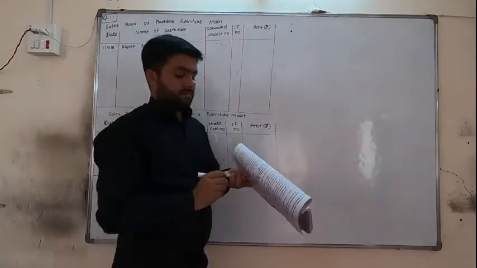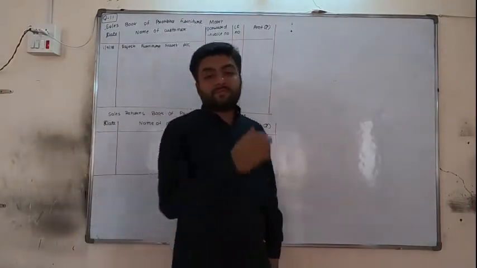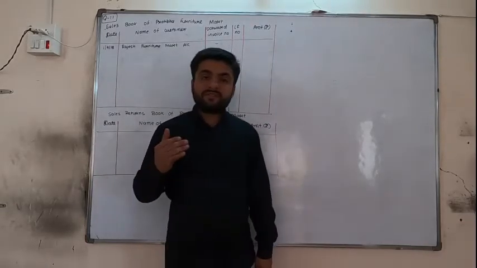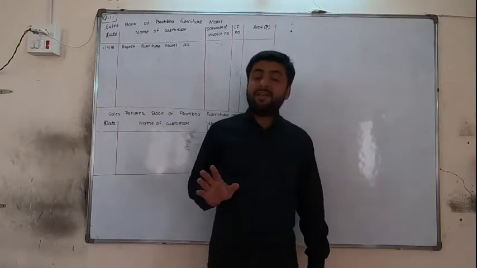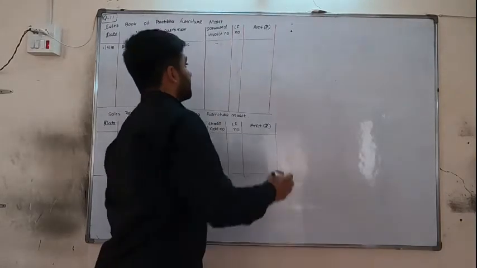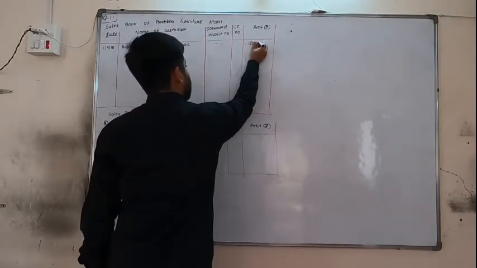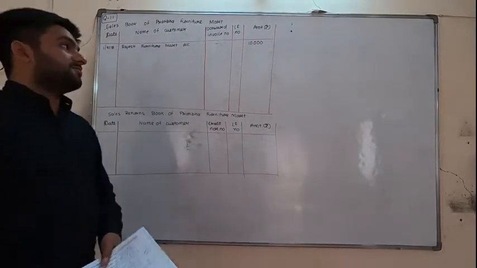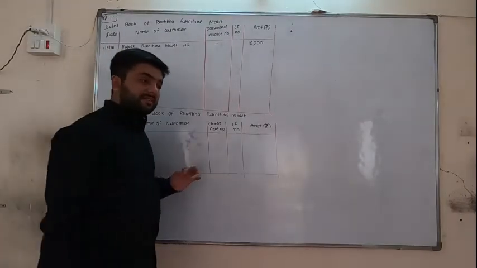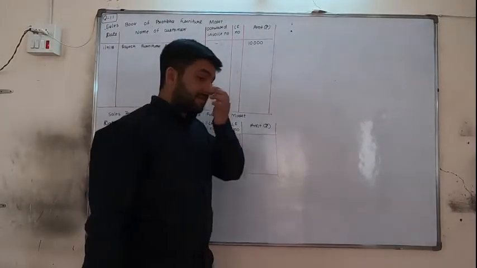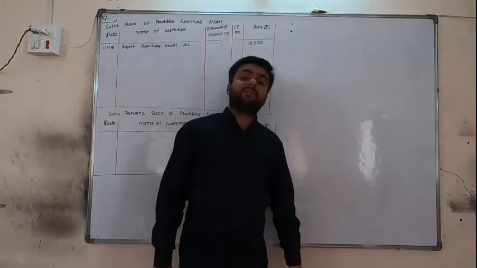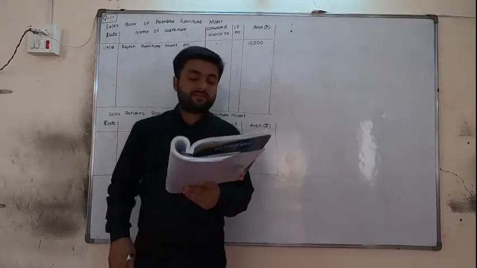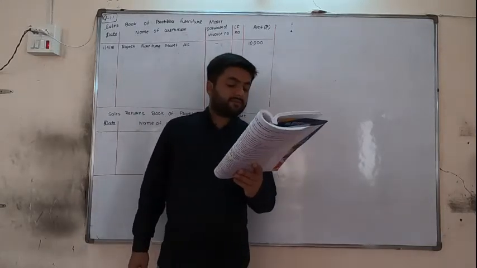Now goods are of 10,000. Cash discount 10% is given. That is not to be applied because first we are considering the whole transaction as credit. If trade discount was given, then we would have subtracted. Cash discount is given, so directly write 10,000. Don't write 10,000 minus 10%, that is 9,000. Trade discount is not given, so we have to write only 10,000. Don't subtract that discount. It will only be subtracted while paying them.